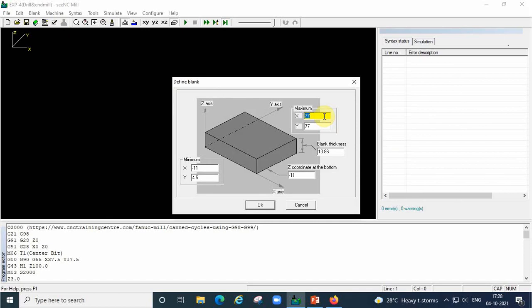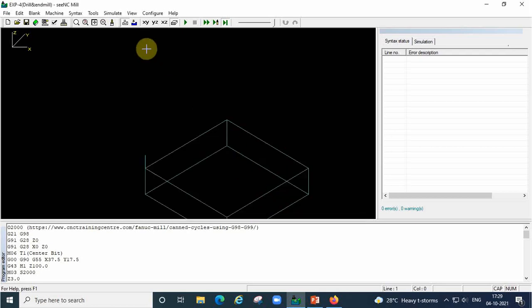Blank size is 75 mm X value and Y value is 75. Thickness is 20. The bottommost point will be minus 20. No minimum corner will be there. Put it 0 and 0 and then give OK.